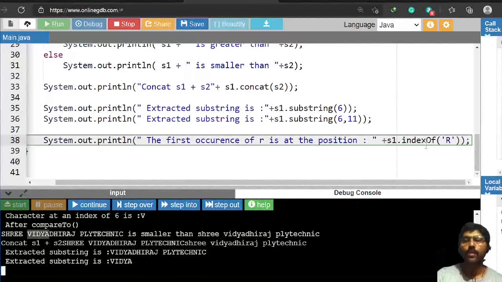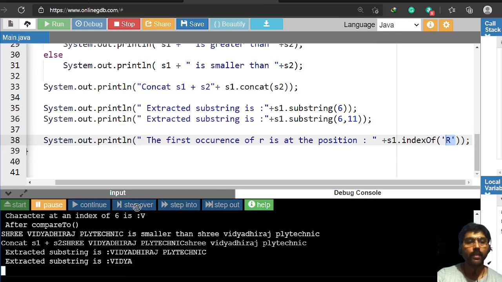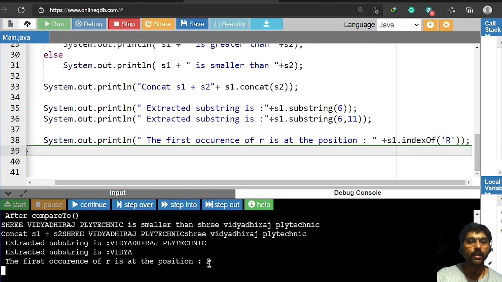Here indexOf means it will return the index where that character r is actually positioned. Start from the beginning, where r is positioned. That is match checking here. Okay, now I will run this one. Position 2. R is positioned at 2 here. Capital R, I have to write here capital R. 2 means 0, 1, 2. Here it will return 2, because 0, 1, 2.